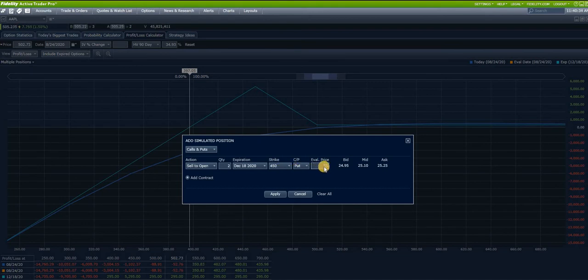Here we get the live price as of today, which is 25, and the bid and ask. This is an evaluation price. The evaluation price is nothing but the option premium, which is the premium we will be receiving in our hands. Since we have sold two lots, we will be receiving $50 in our hands.